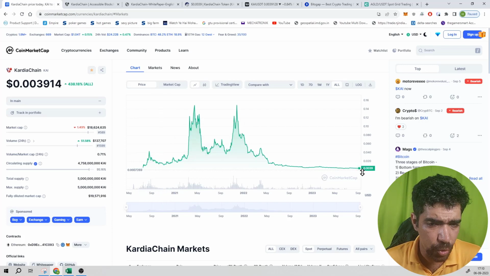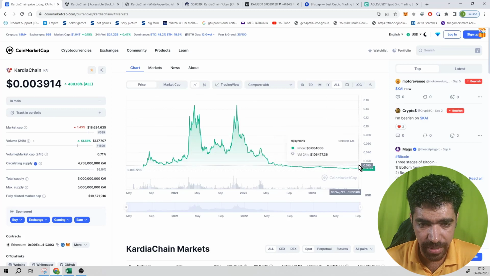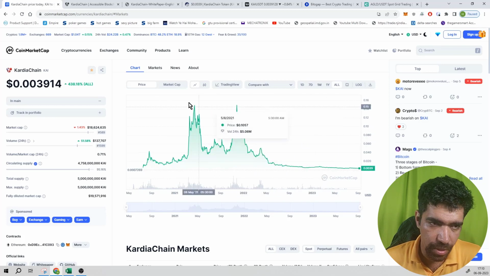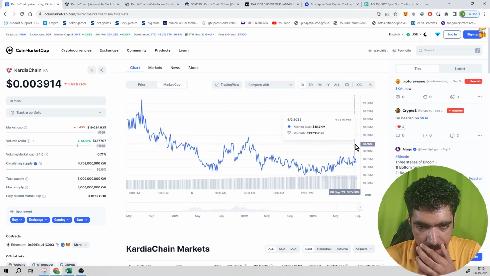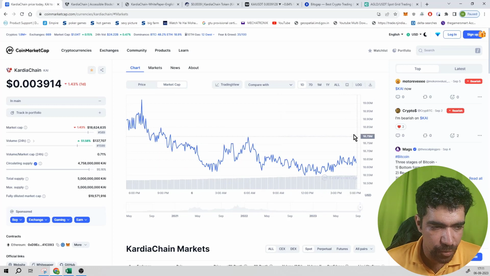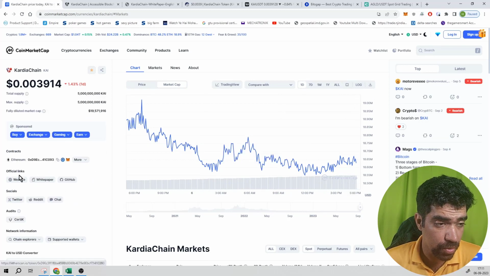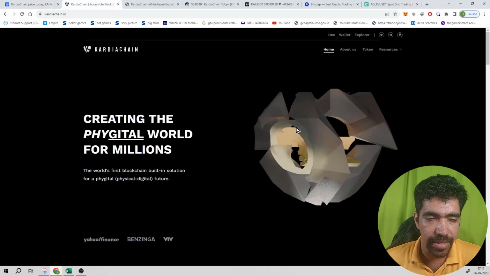It is trading at a low price, so we can take advantage of this low price and also the range movement of this particular token. Currently, the market cap of this token is $18.64 million. It is based on the Ethereum blockchain, so it is a token, not a coin. You can also see the website and white paper of this token from the links mentioned on the CoinMarketCap website.